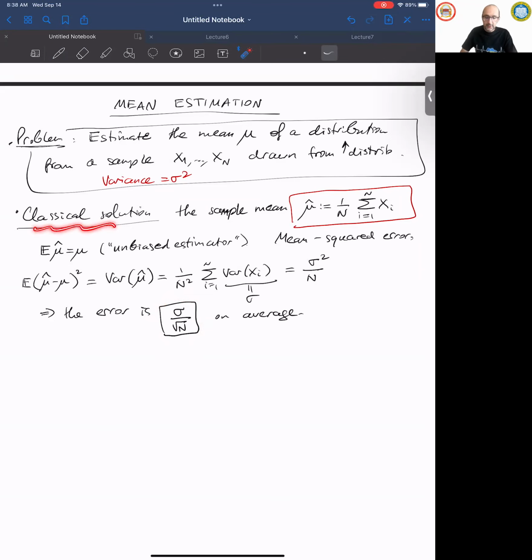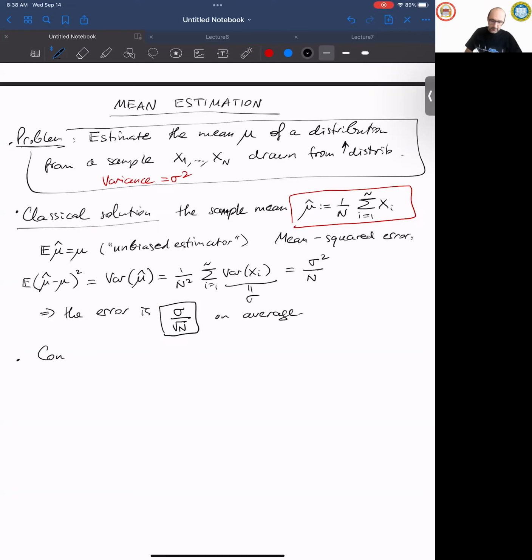We can say, well, maybe the classical solution is not good. Maybe we're not supposed to just sum this. Maybe we do something smarter and get a better error. No, no matter what estimator you choose, that's the truth, and that follows from the Cramér–Rao theorem, but I'm not going there. If you take information theory, you'll see. So that's a ground truth.